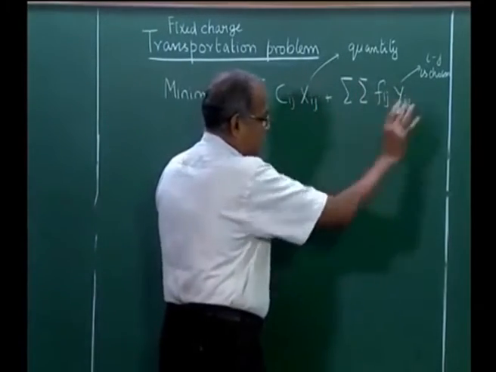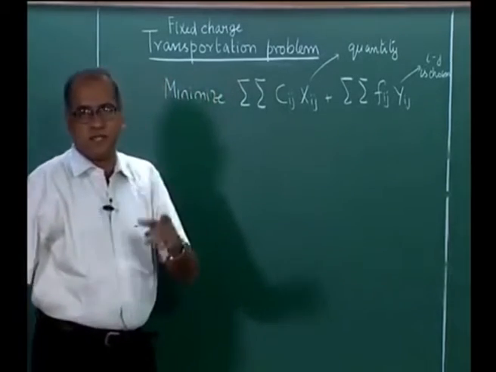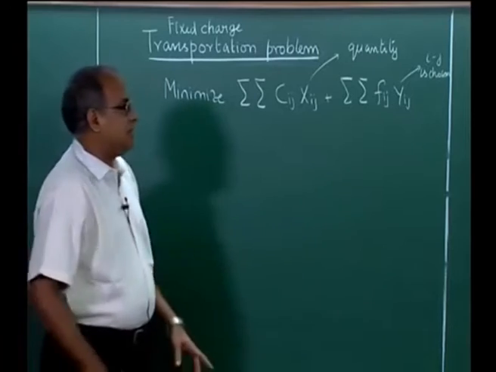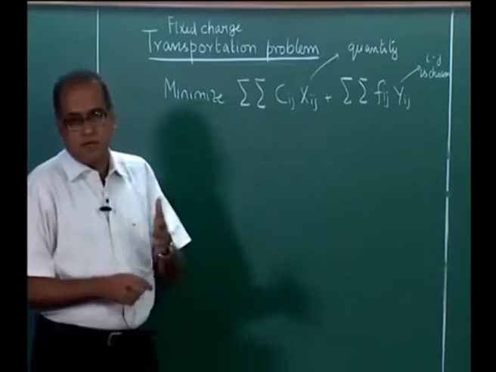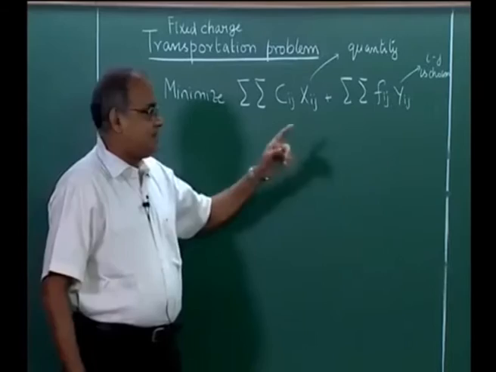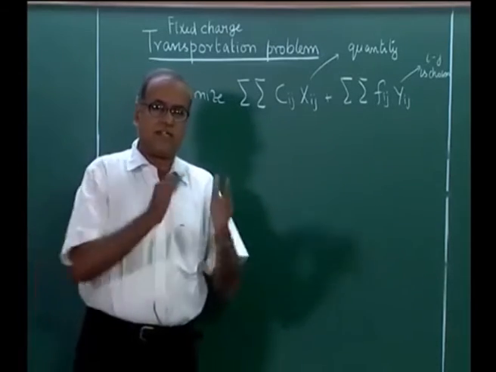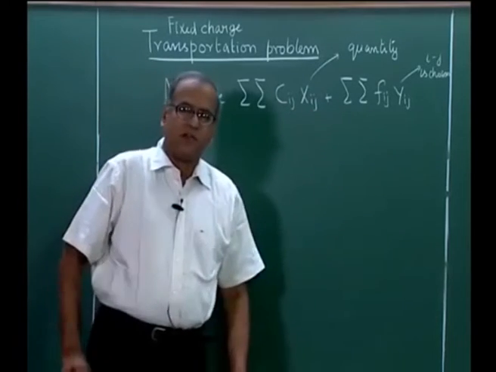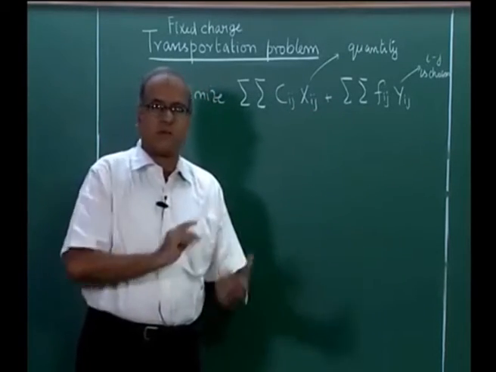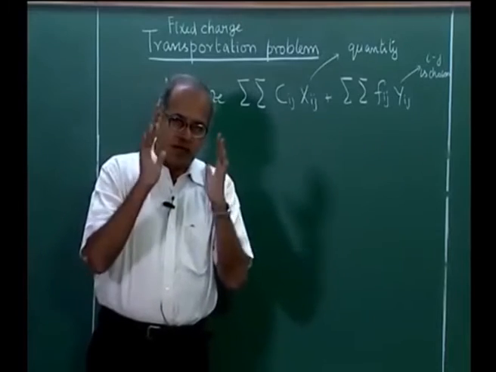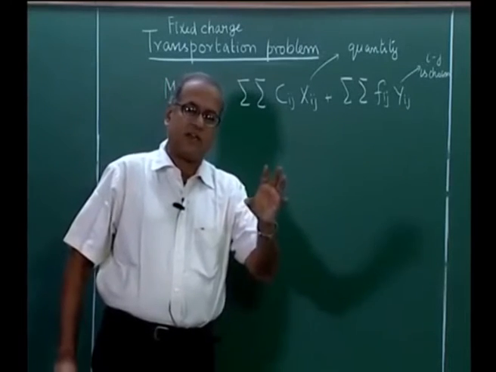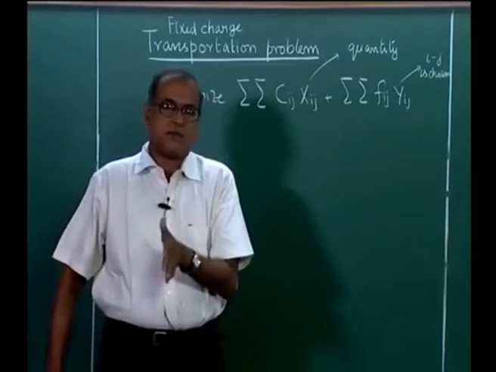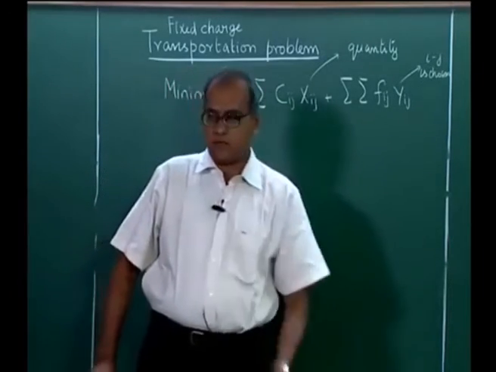On the face of it, it appears that this objective function is similar to that of the multi-stage transportation problem, but it is not so. In the multi-stage transportation problem that we saw in the previous lecture, we had i, j and k. So, there were 3 entities. Now, we have only i and j, we have 2 entities. So, it is very similar to the regular transportation problem, where there are only 2 entities, a set of supply points which may be warehouses, and a set of destination points which could be retailers or customers.